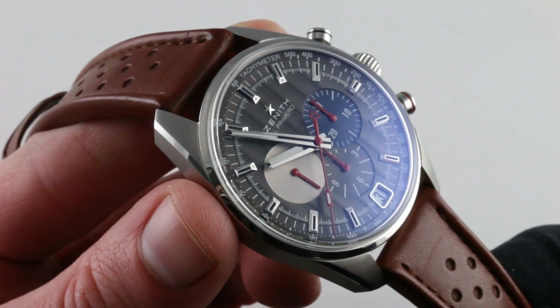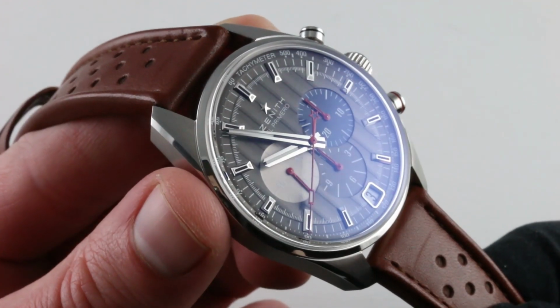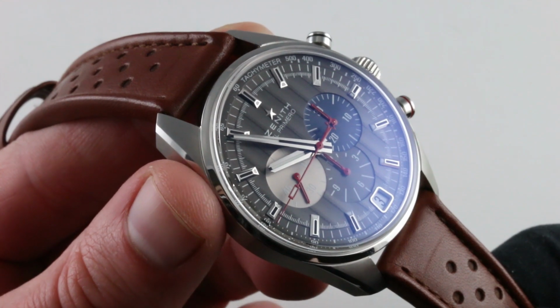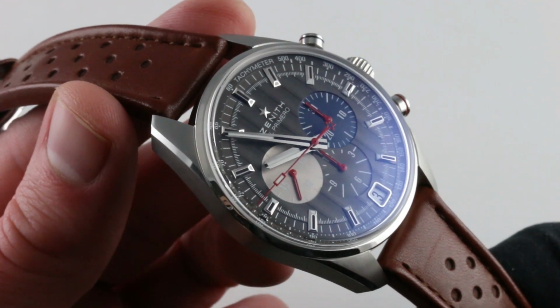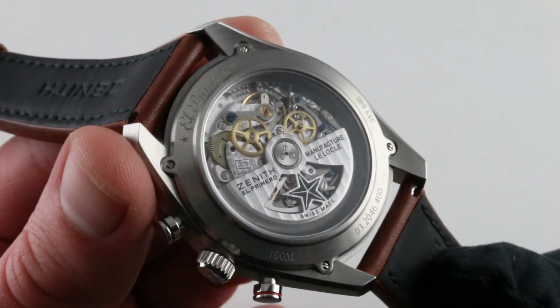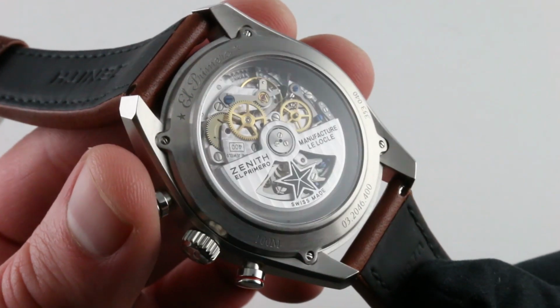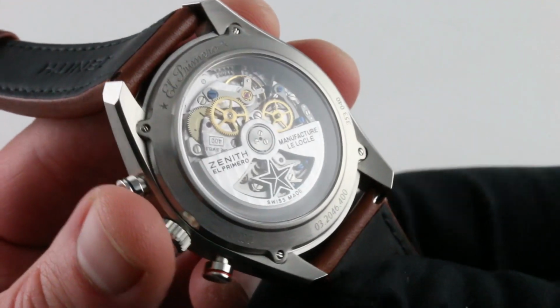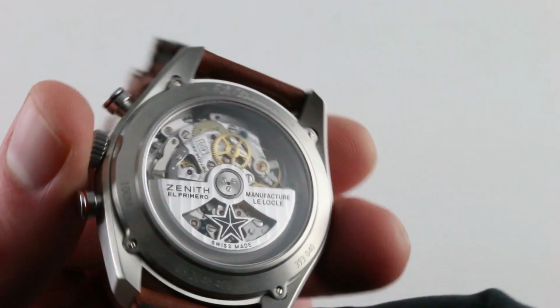You'll also note that there's a texture to the Côte de Genève that is uneven, with the ridges being thicker on one side, diminishing on the other. It's a nuanced and handsome treatment that contrasts nicely with the case back, where you're actually going to see engine turning rather than an abundance of Côte de Genève. Now, you will see it on the winding mass, which is partially skeletonized to enable a better look at the